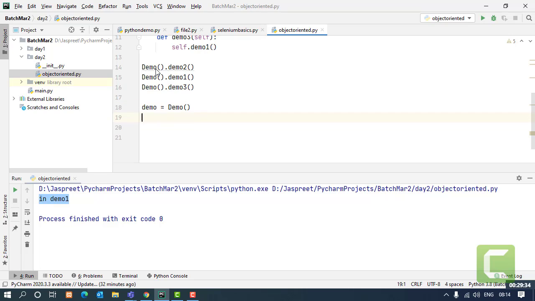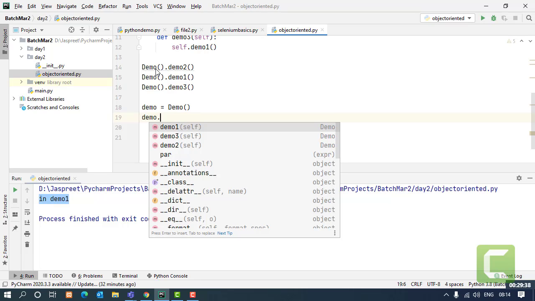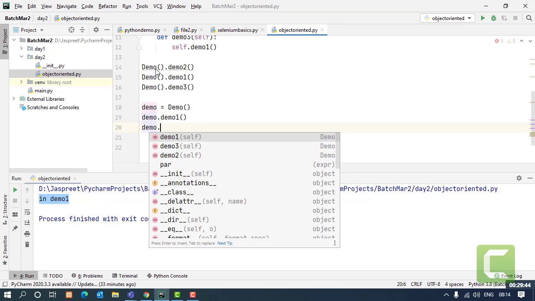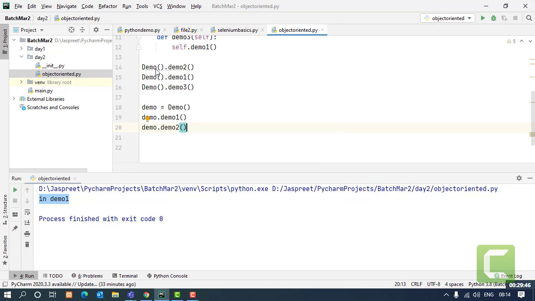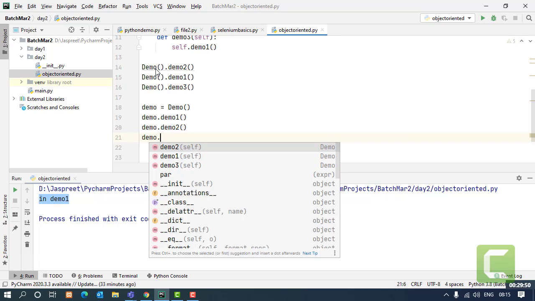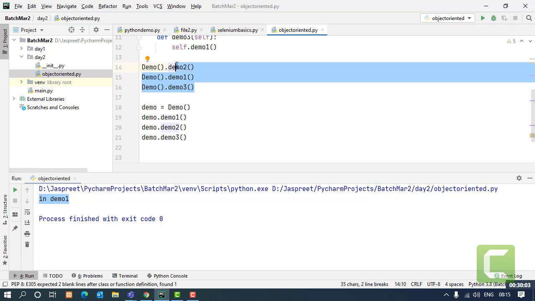Using this reference only, using this demo variable only, I can call all the functions I want, just by creating one single object. I'm not creating many objects, I'm just creating one object, and I'm able to call all of these functions at one go. And even if I have stored some value inside these functions, I can simply say demo, retrieve that value.